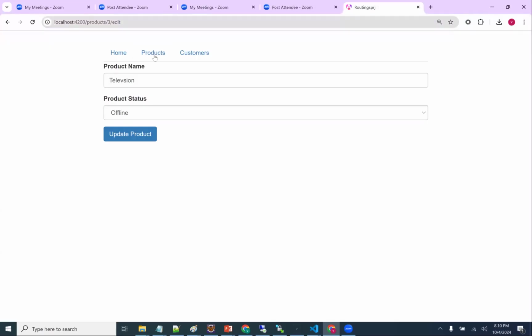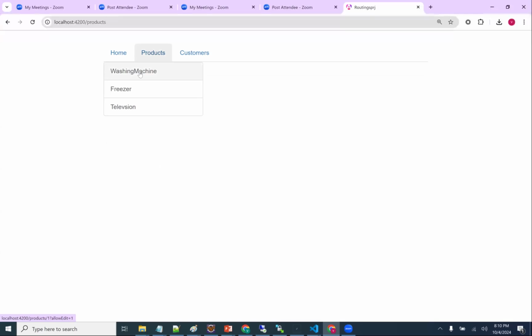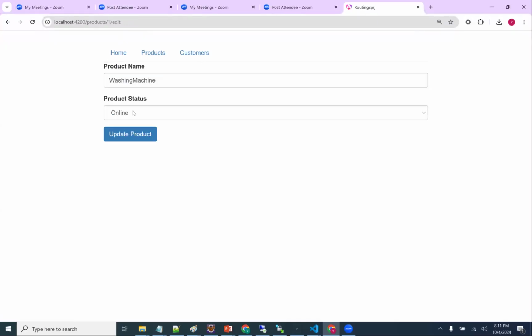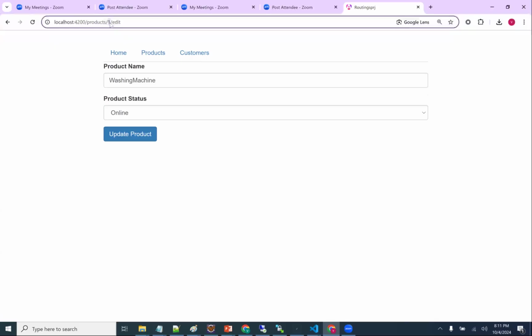Whereas in the product section, I click on washing machine, it changes. I click on freezer, change. I click on television, change. But to edit product, I'm not directly going. I'm in the washing machine page and on that I'm clicking, so this one will never change on the edit product page.